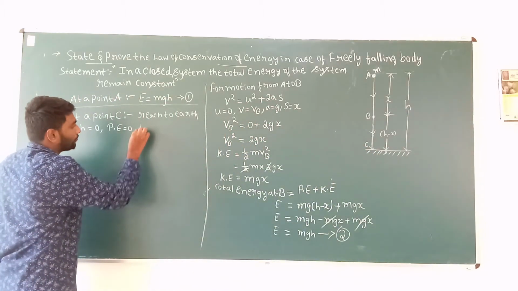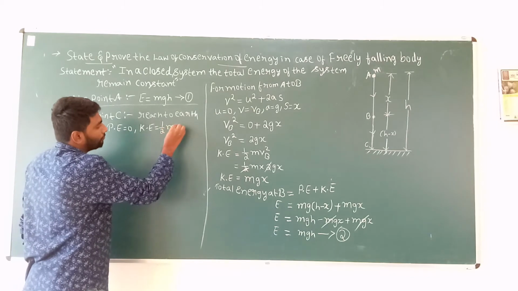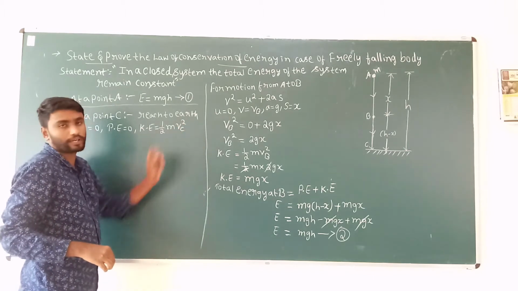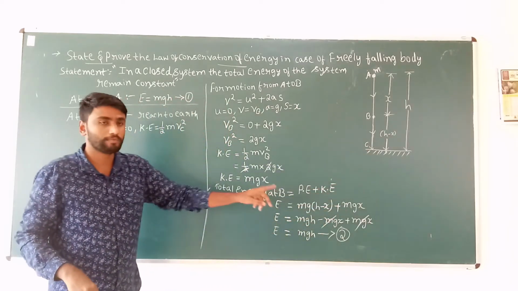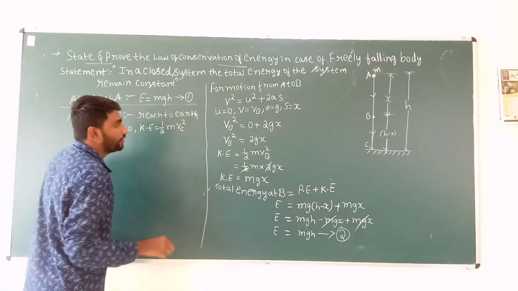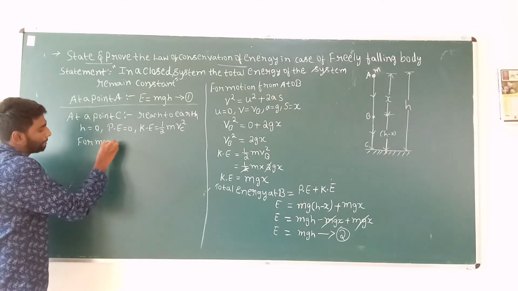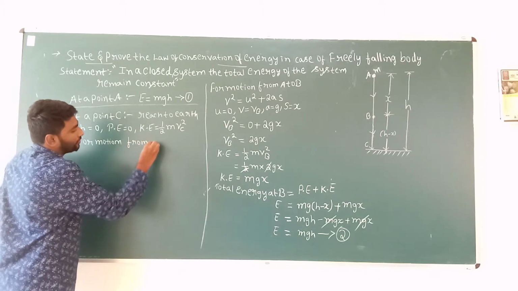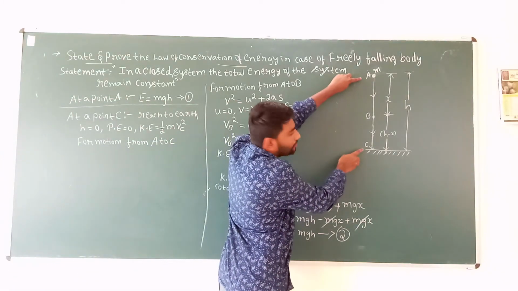The kinetic energy KE is half m vC square. Now for the motion from A to C,